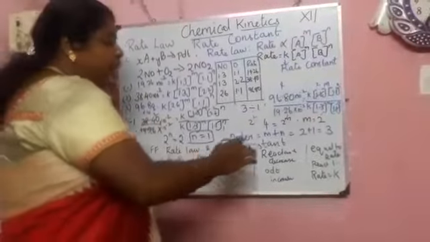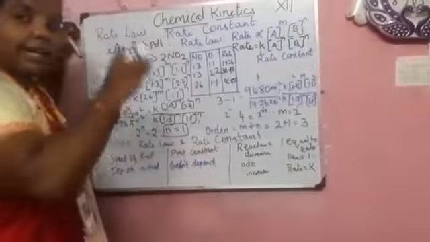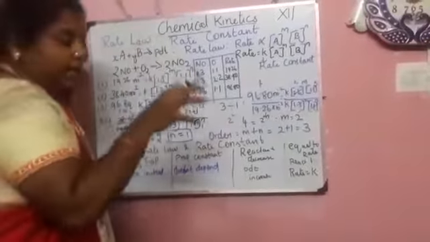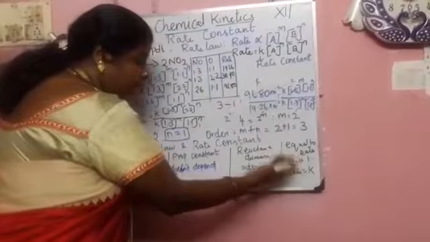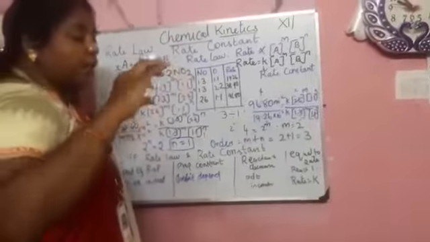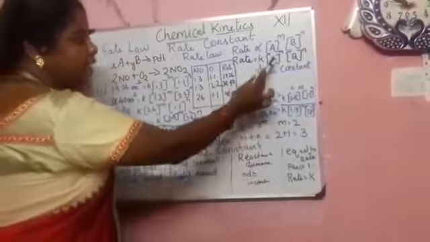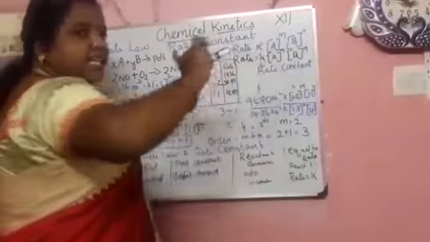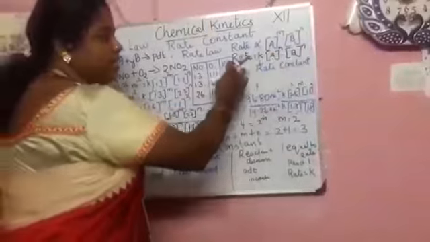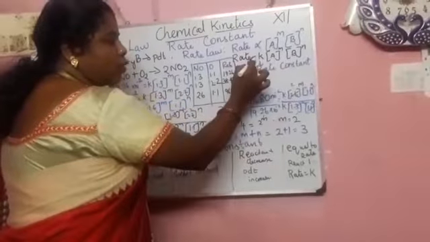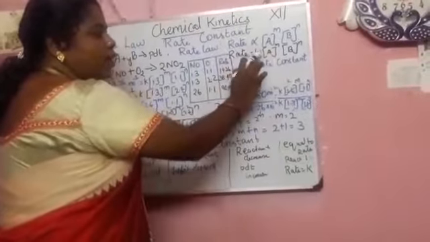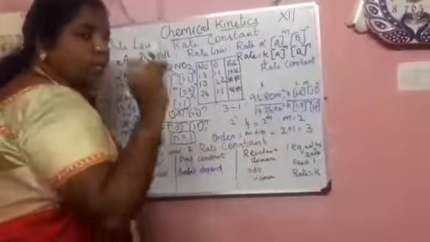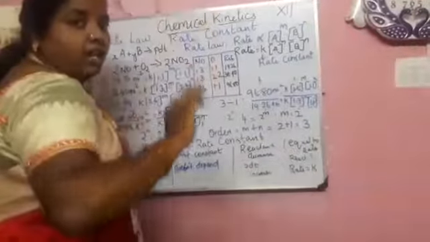And the third one: in the rate law, the reactant decreases and the product increases. It deals with that. But in the rate constant, if you consider the case when the concentrations of A and B are 1 and substitute in this equation, rate equals K into 1, so rate equals K. So if the reactant concentration is 1, the rate is equal to the proportionality constant.